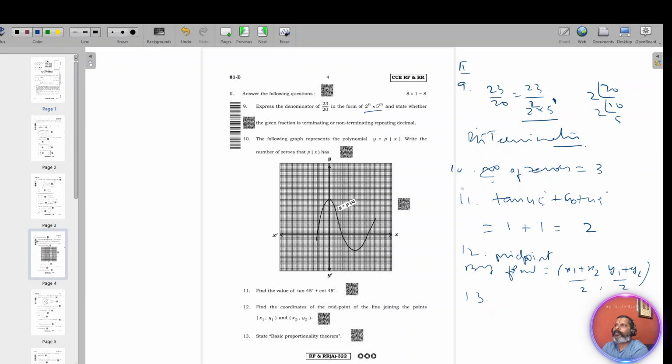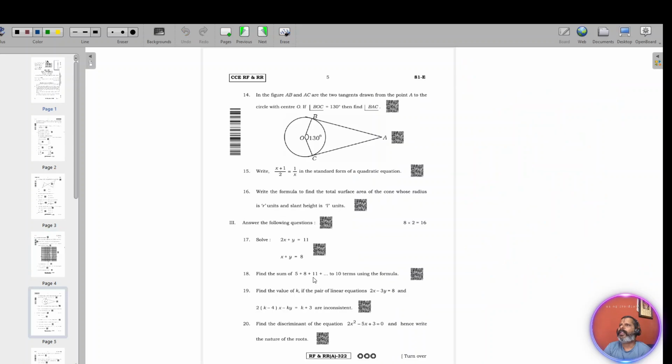Okay, we'll move to the next question, 14th. In the figure, it's an important question. It's a knowledge question actually, because what is asked is BAC. BOC is 130, they are given, right? We just write that BOC is 130. See, already OB is a radius, BA is a tangent. Therefore, OBA is 90 degrees because the point of contact of a radius and a tangent is 90 degrees. Similarly, OC and OCA, OCA is also 90 degrees. So we write